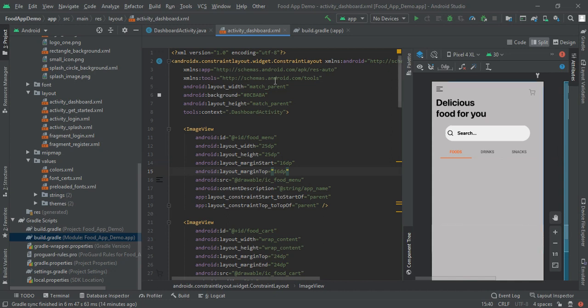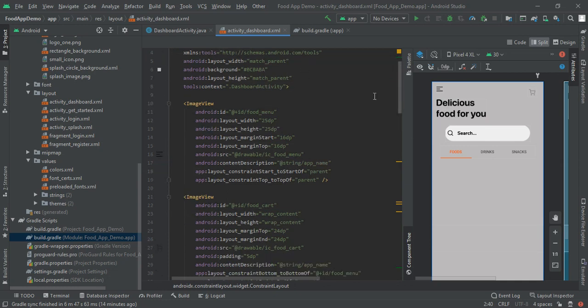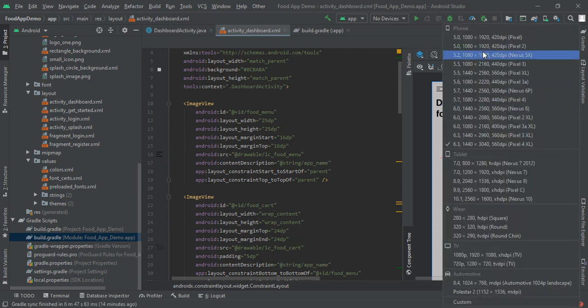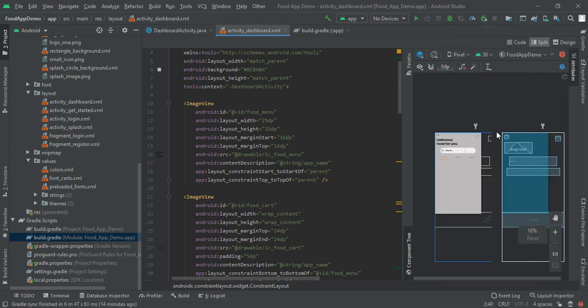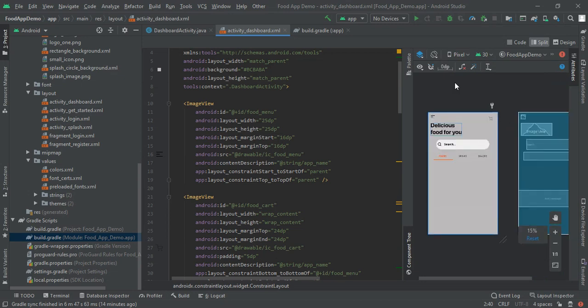For our dashboard design, I had converted my layout to constraint layout, so it will be compatible for all devices. Here you can see a full large image, a large font, and this is a smaller font, so this will set in all fonts easily.